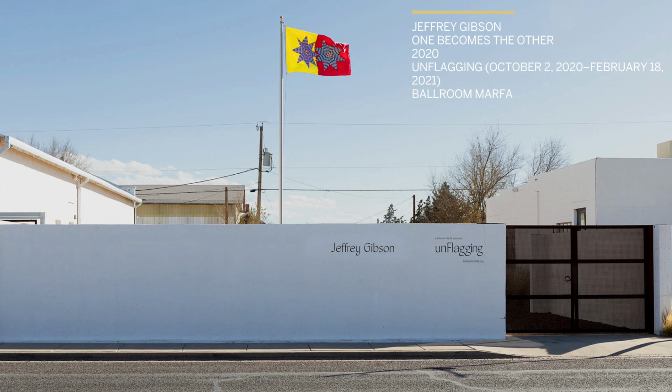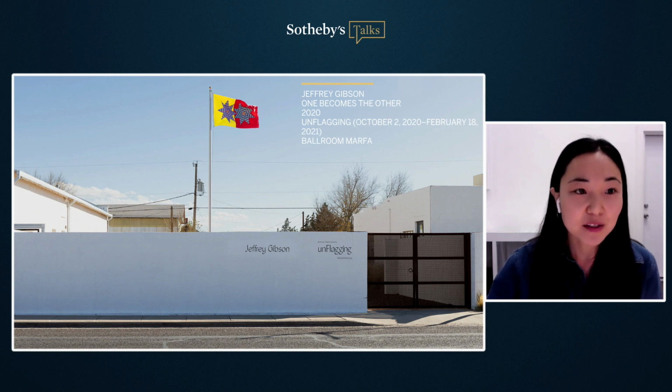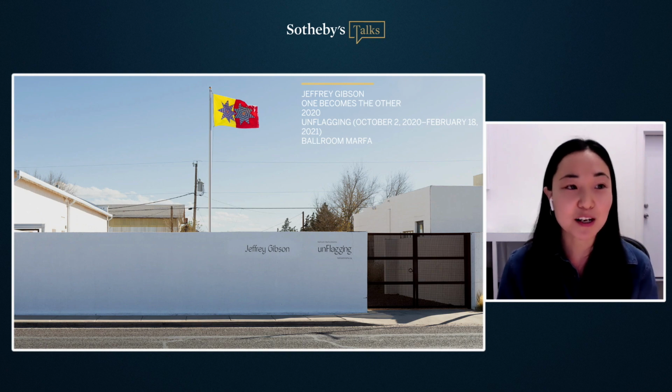Many Indigenous, especially women, quilters would quilt these really elaborate 8-pointed stars, and they had really colorful patterns, very complex coloring. And he shared with me, as a young boy, he would watch his grandmothers make these really elaborate Lone Star quilts. And another kind of entry point, Jeffrey Gibson also studied painting, and he was introduced to Western art history, the likes of, let's say, Albers and geometric abstraction and the use of colors through the lens of Albers. But, in his own personal history, his grandmother's quilts were actually how he learned of modern or geometric abstraction. So it's a different entry point into how we learn of